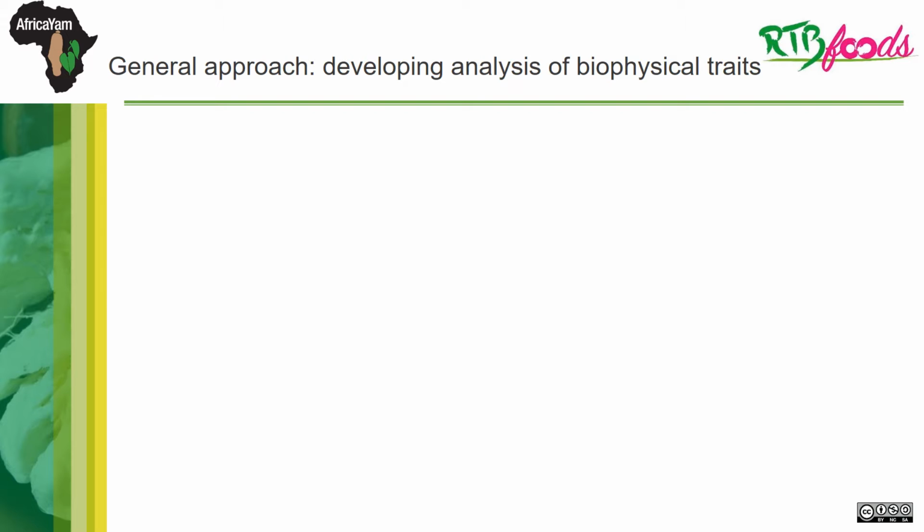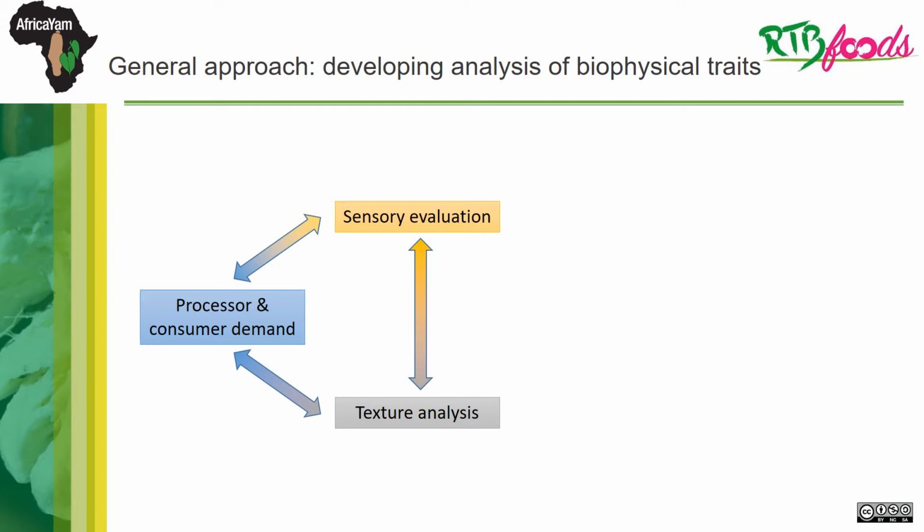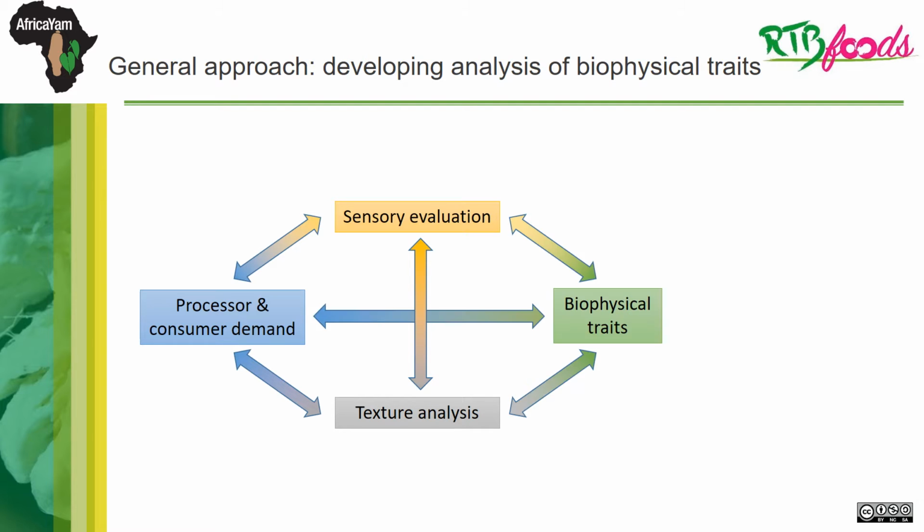So, the general approach for developing this biophysical test is first to begin with the processor and consumer demand, and then to develop, for example, sensory evaluation to predict this consumer quality demand that has been presented by Christophe just before. Developed also texture analysis procedures as presented by Lyell, and then after to develop